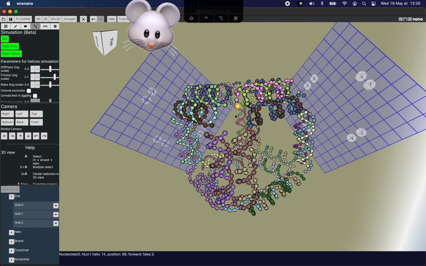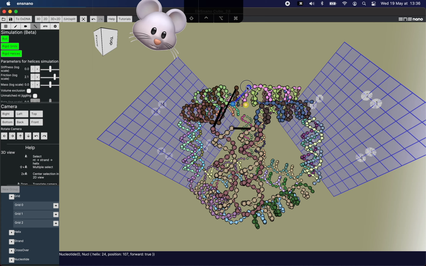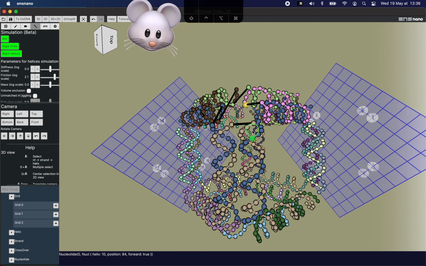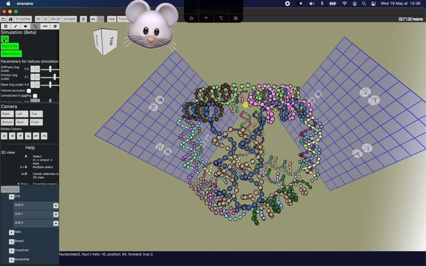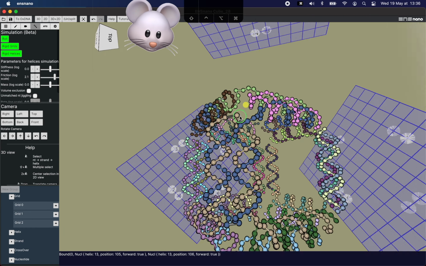So this one is first going out, and I will connect it to the one that goes in. This one is going out, so I will connect it to the one that goes in. This one is going out, so I will connect it to the one that goes in. This one is going out like this, and this should be connected there. Okay, so again, the crossovers look bad, but just roll, and you see that everything is perfectly fine, and it did not mess up the other corner as well.